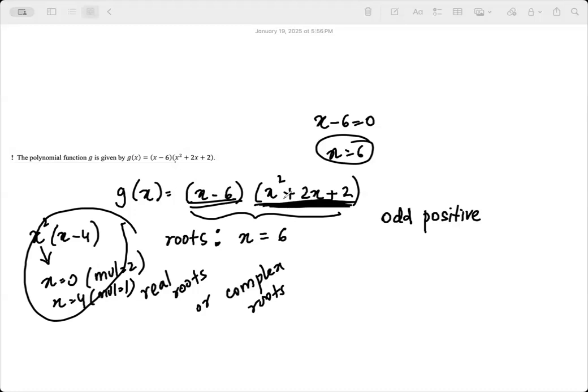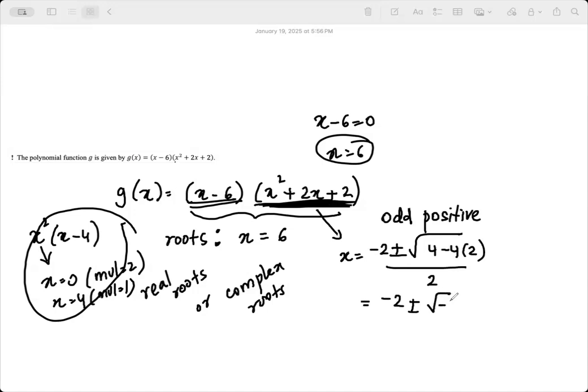Do you remember or not? It's okay if you don't remember. You could use the quadratic formula. Exactly. This is not reducible, right? So when you solve this, x is equal to minus b plus or minus the square root of b squared minus 4ac, divided by 2a. Minus 2 plus or minus root of minus 4. Do you see there? It's a negative root. So it gives rise to a complex number: minus 2 plus or minus 2i over 2, which is minus 1 plus or minus i.